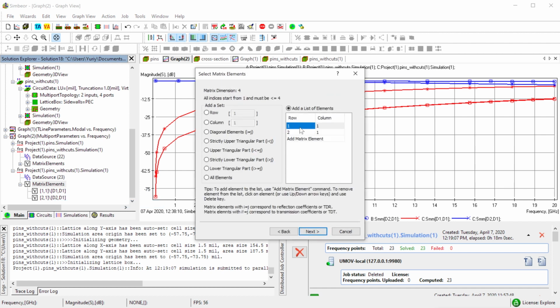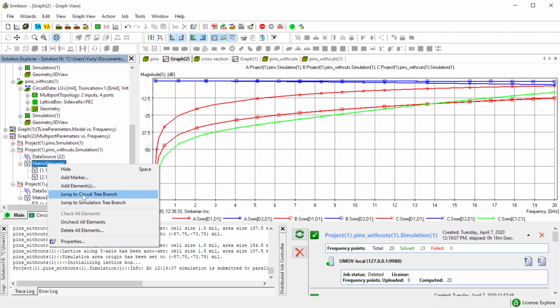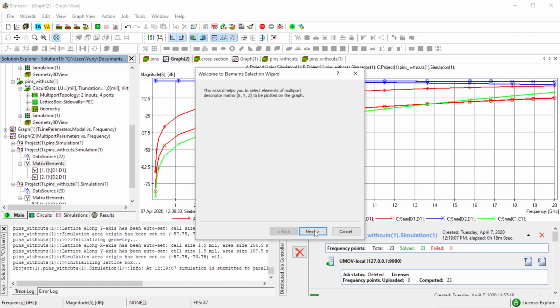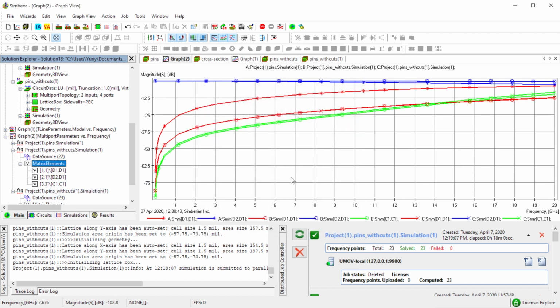For instance, right here I use delete and use elements 3, 3. You'll see the difference between this and right here the same thing. Add elements 3, 3. Well, a little bit of difference in the behavior of the common mode, not much.